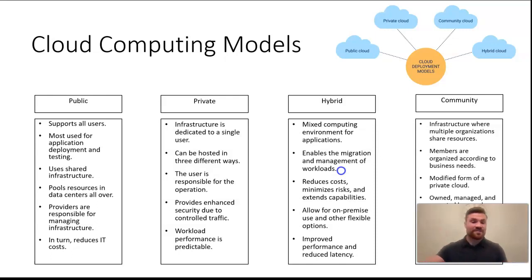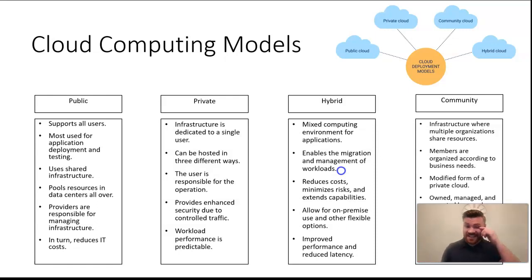It can be hosted through the organizational data center, through a third party, or through a private provider. And then the user is responsible for the operation of the private cloud. That means software updates, upgrades, running patches, installing patches, and using the operating system. The user is responsible for all of that.